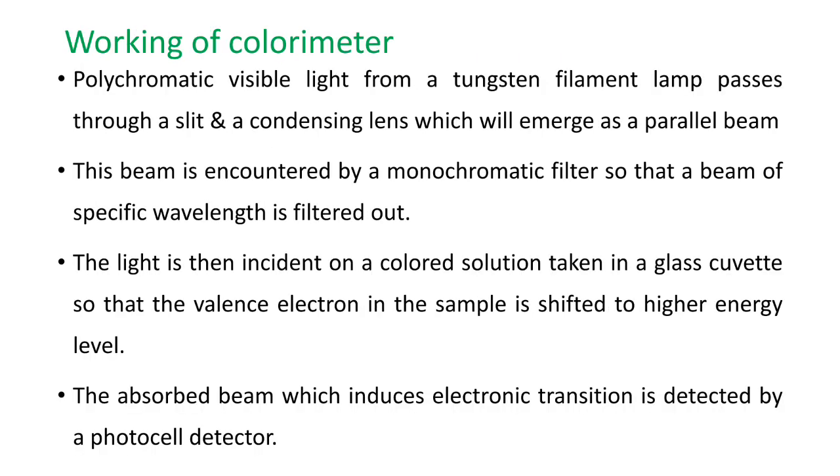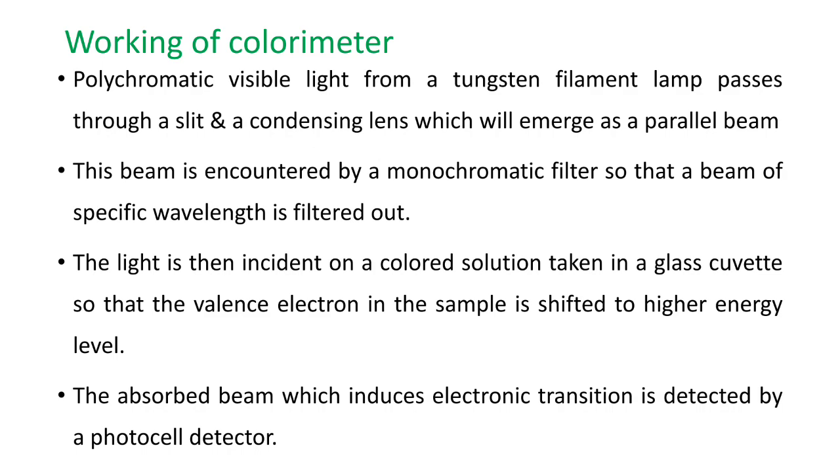So the polychromatic visible light from the tungsten filament lamp passes through a slit and a condensing lens, which will emerge as a parallel beam of light. This beam encounters the monochromatic filter, so that a beam of specific wavelength is filtered out,